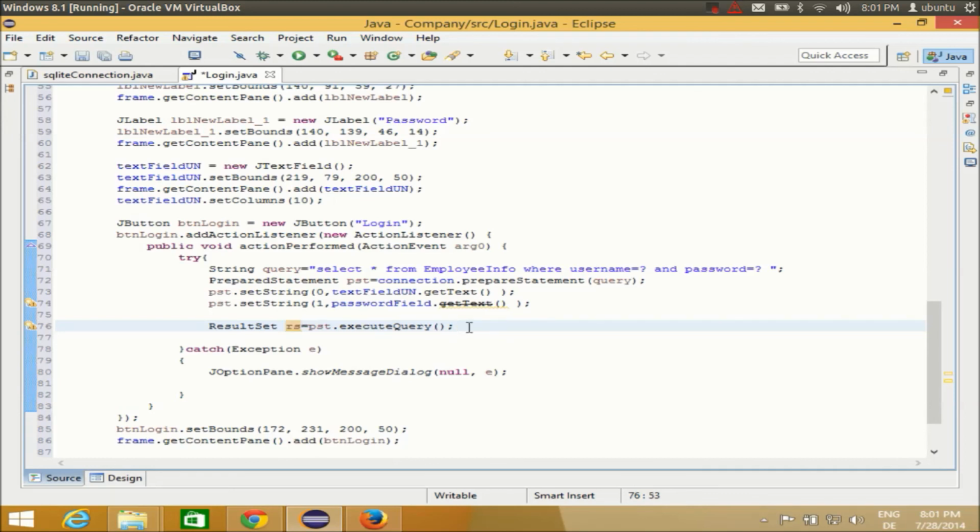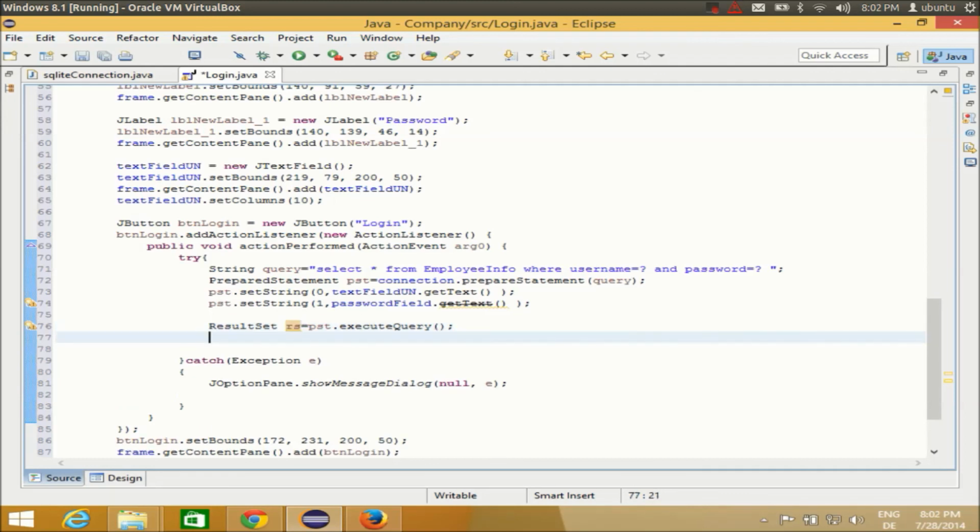Okay, so in the next line I'm going to make a while loop, because this rs object gives the value one by one. So I will use while, and I will